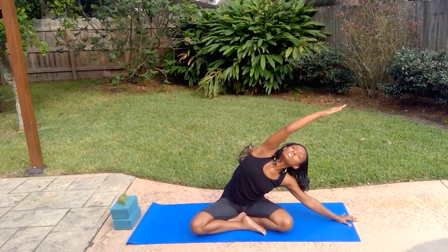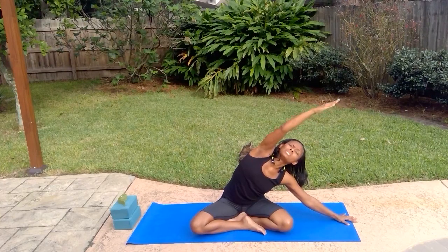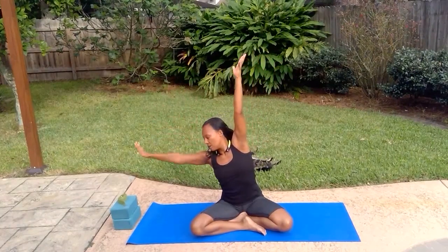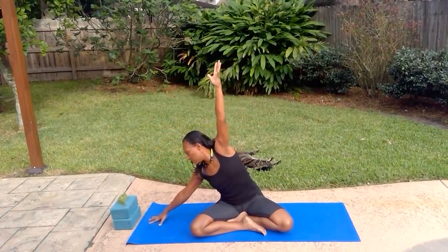Find your drishti, a point of gaze, to focus the gaze. As we move through each pose, remember to focus the gaze. Inhale and come to center, reaching up. And exhale, drop the right hand over to the right side,